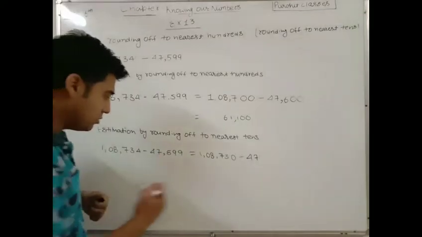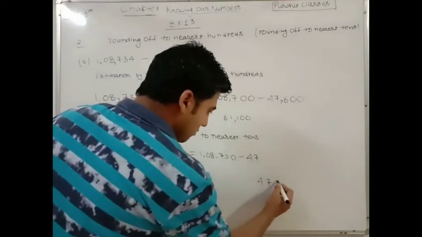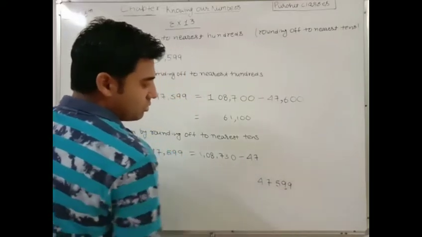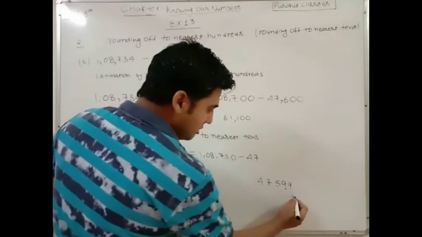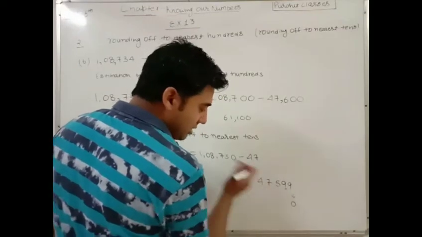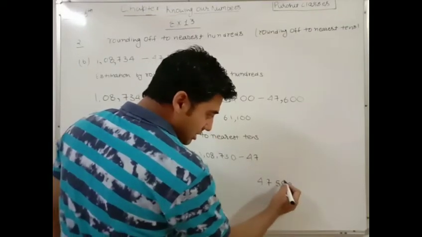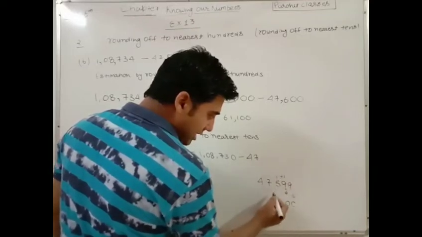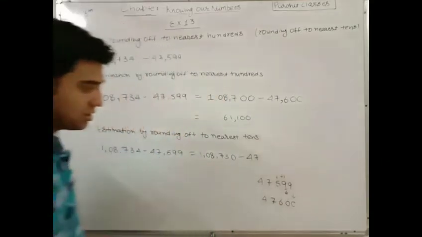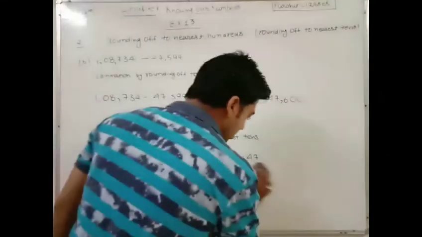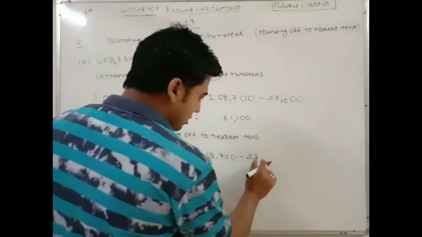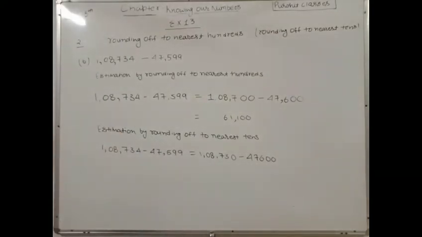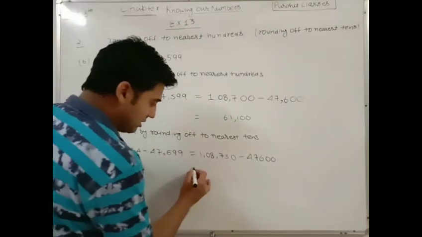Okay, no need to get confused here. Look, this was 47,599. We have to round off only up to the tens digit, so this will be 0, isn't it? But here, since this is greater than 5, I will add 1 in this digit and this will become 10. 10 means carry 1, so this will be 47,600. Understood? So this will become 47,600. Okay, now we will subtract and we will find out the answer will be